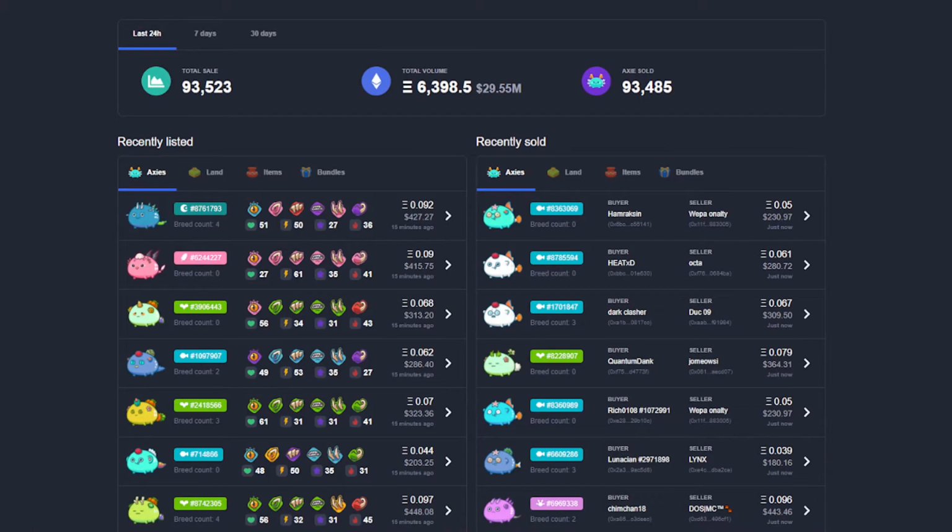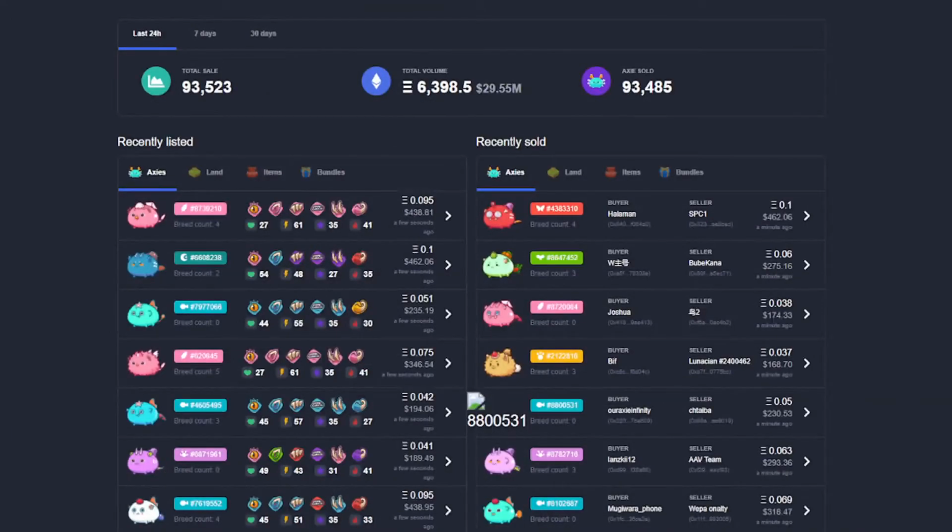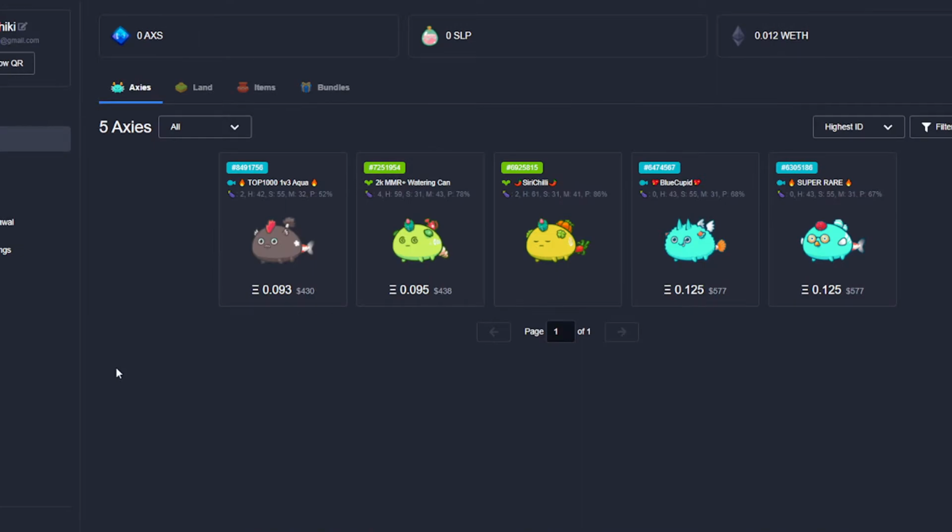So in total, I made about $260 for my first week of flipping, and that's a pretty good result for my first experience flipping Axies. And right now, as you can see, I bought 2 more Axies to flip, and I'm actually having trouble